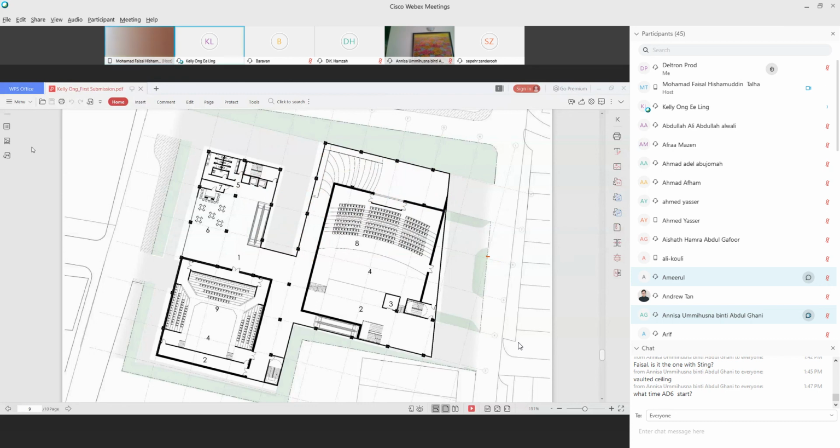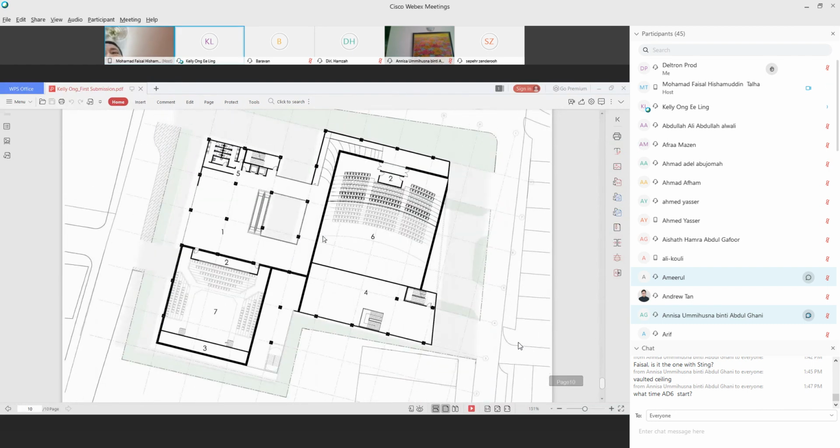Okay, let me see the ground floor again. Wait, before you go there, let me check. Floor above? Sorry, one more floor above. Same thing. You have your gallery upstairs. No, this one is actually multi-purpose. I will create the light well here.